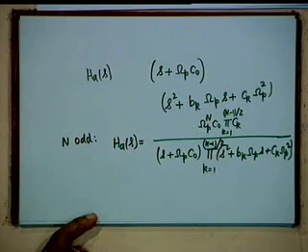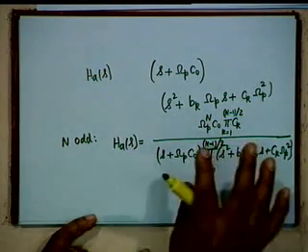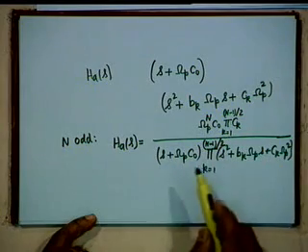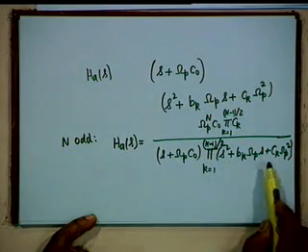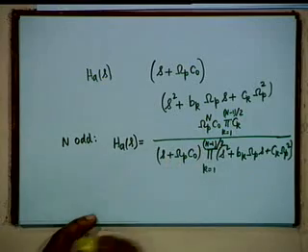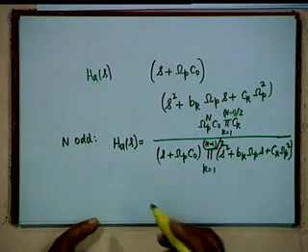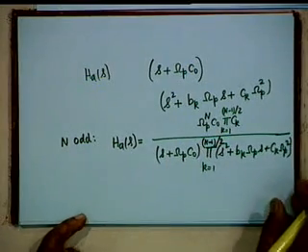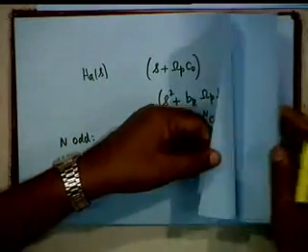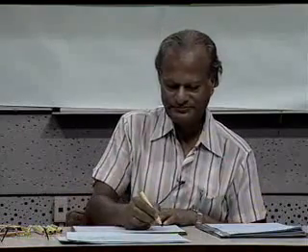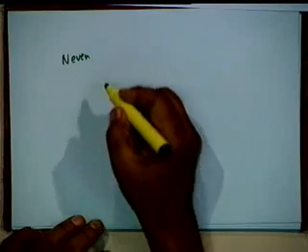Odd ordered Chebyshev filter, what is the DC value? 1. Agreed? So we have constructed the transfer function. What C0, Ck and Bks are, I am going to give you in a minute. But if the order is even, now this is the difference. If the order is even, capital N is even,